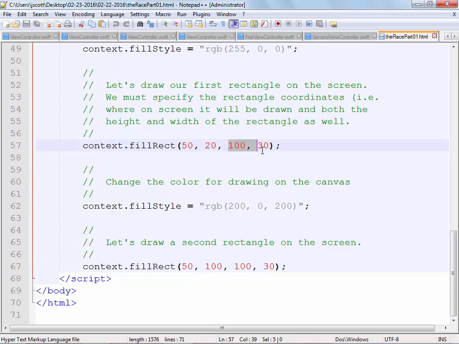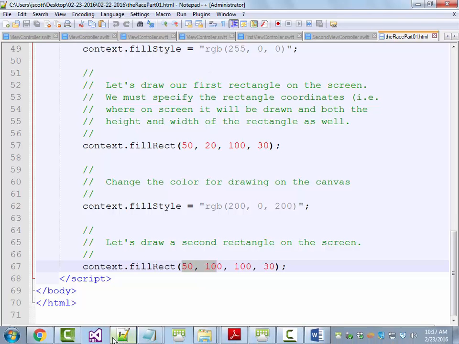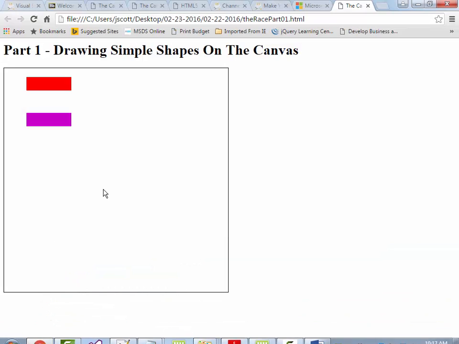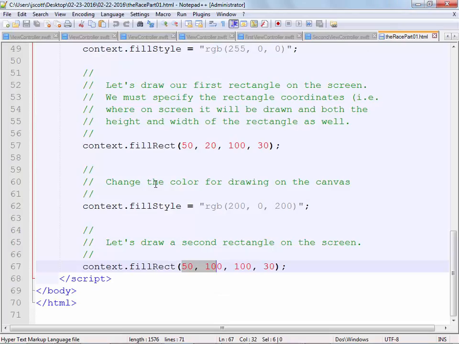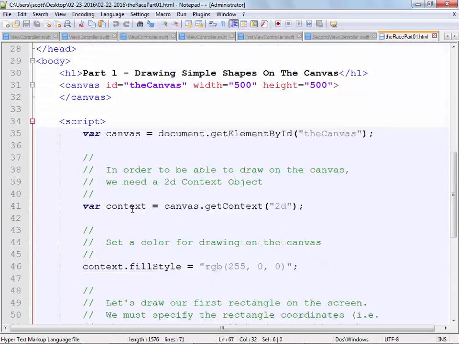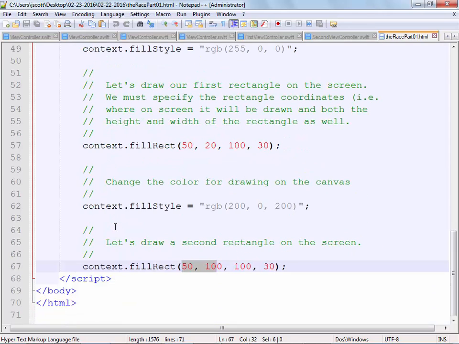You'll notice my X and Y coordinates change from 50, 20 to 50, 100, because otherwise I'd be drawing one right up on top of the other one. But my height and width are the same. And again, that's why when you look at this, they look the same except the colors are different and they're in a different spot on the screen. So again, not very much code in here, but I put a lot of comments in, so hopefully it'll make some sense to you. Any questions on that? Because I'm just going to keep rolling on then.